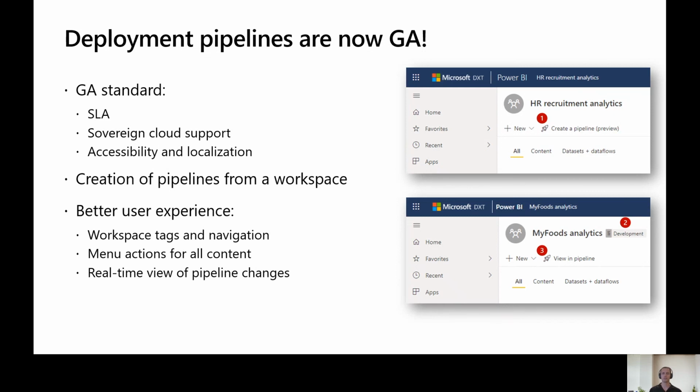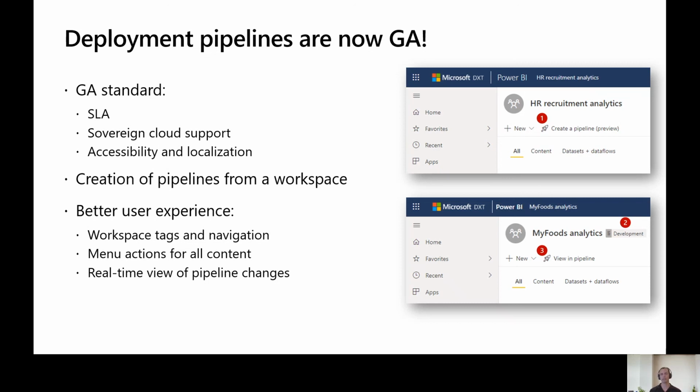We've also improved the user experience so that it's easier to understand from within the workspace what stage it's assigned to using the tags. And maybe you've also seen that in the demo. Each workspace that is already within a pipeline, when you get to the workspace stage, you see immediately that it has a tag very close to its name, as you can see on the screen, with either development, test, or production. We've also added a button in the same place as the create button for viewing the pipeline, so you can navigate back and forth between the workspace and the pipeline,